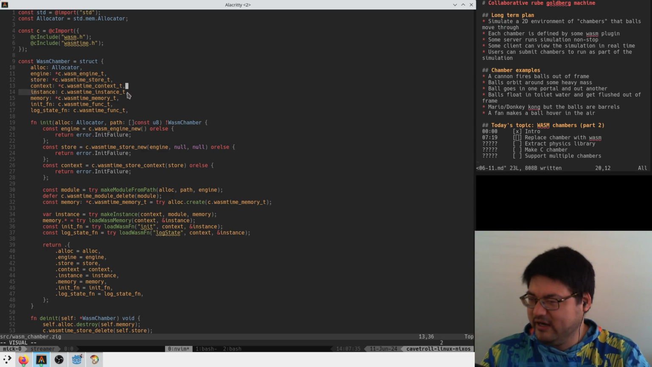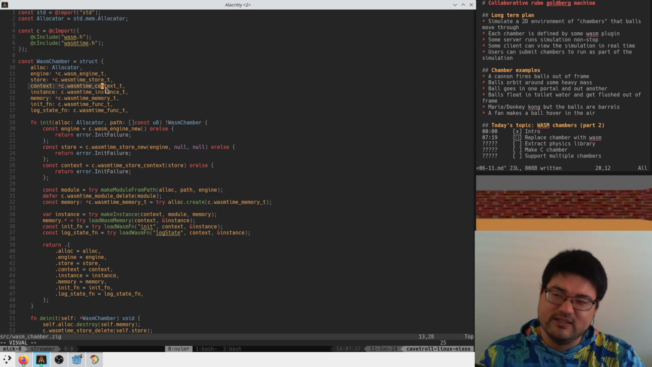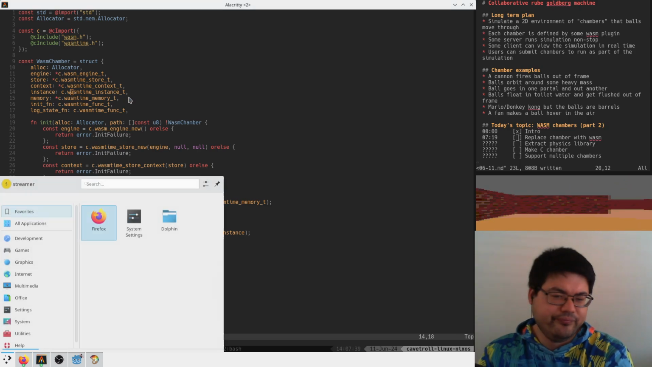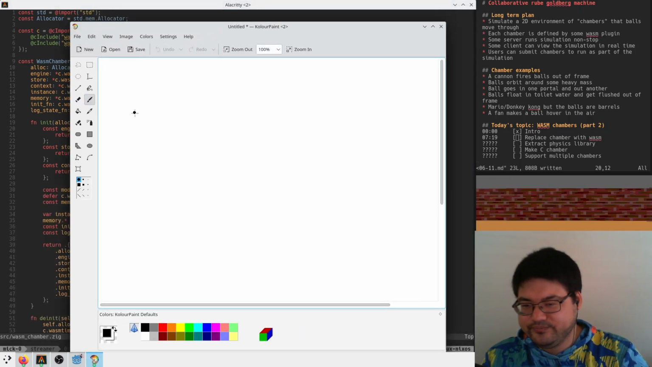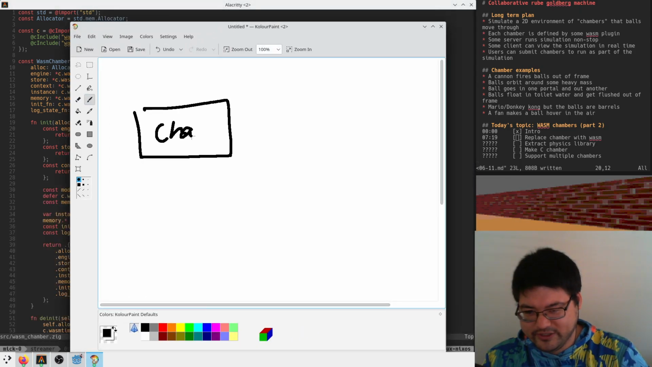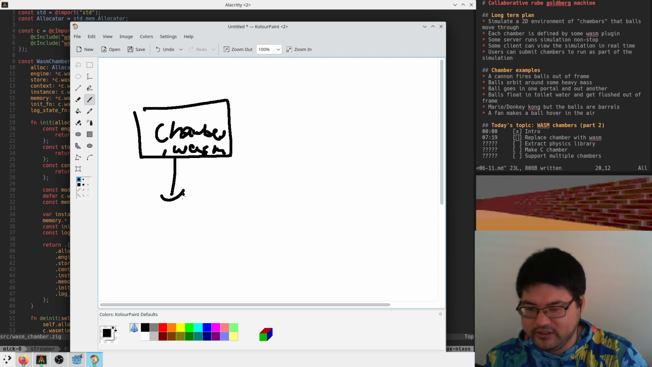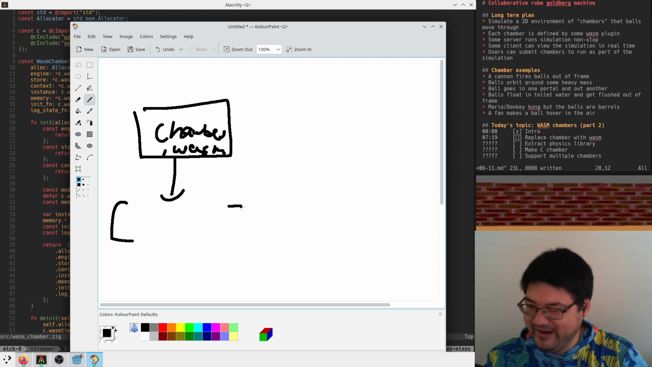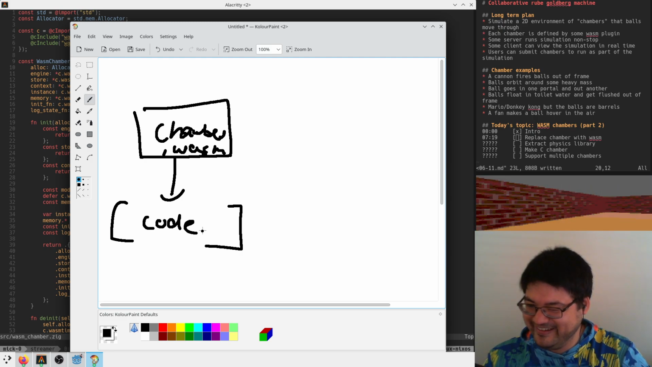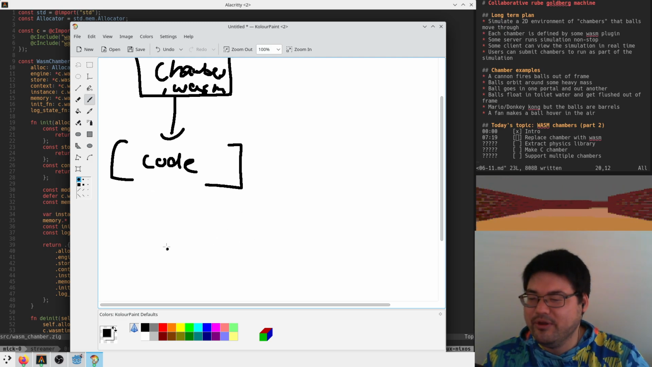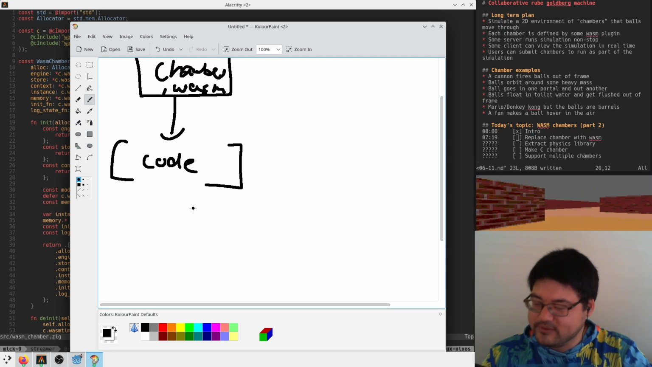I don't really know what an instance is. An instance has something to do with the context. And I think an instance is like, if you have chamber.wasm, I think that this gets compiled into code, right? Hand wavy. But this code can be instantiated multiple times, in the same way that you could have